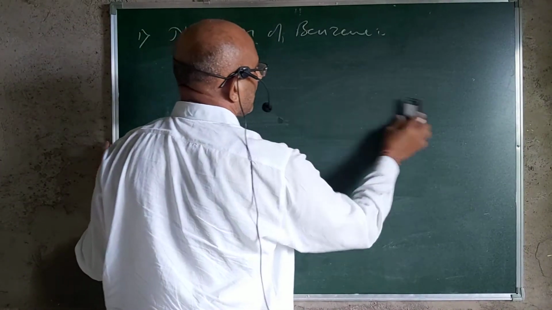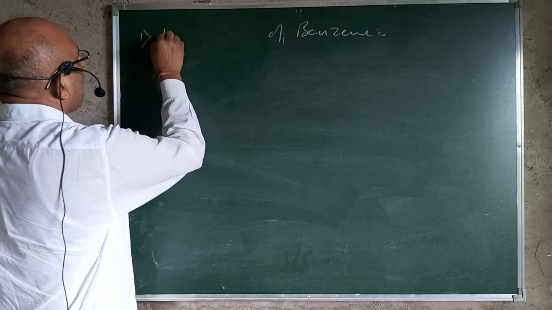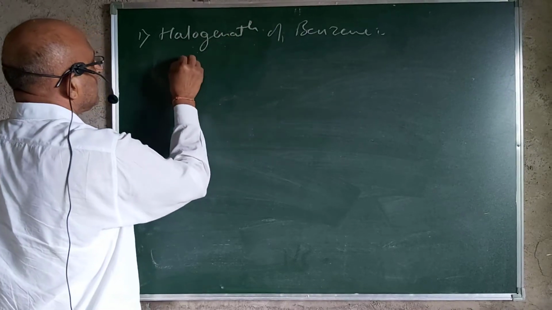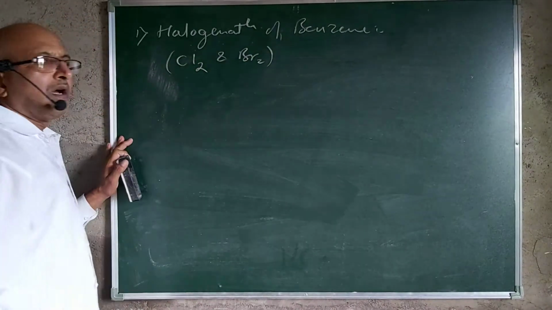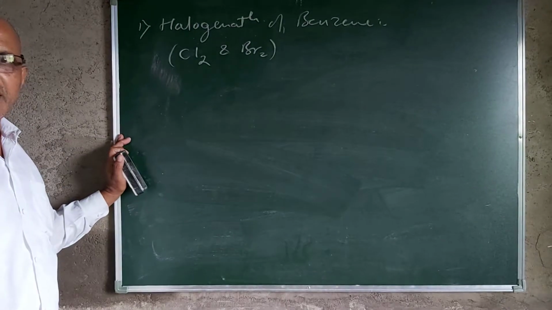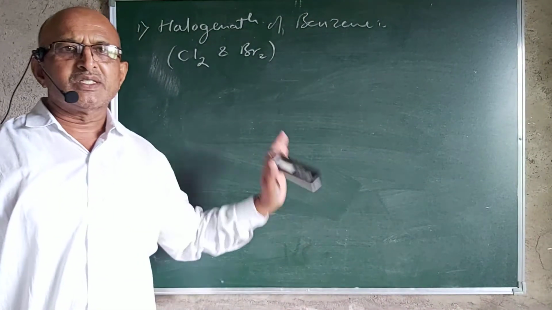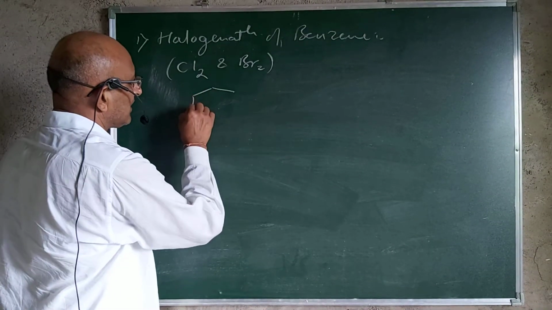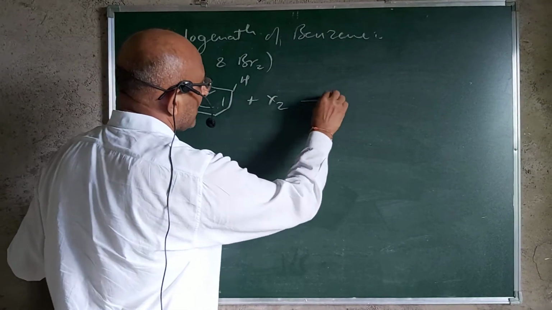the second reaction, that is the electrophilic substitution, is nothing but the halogenation of benzene. Here, chlorine and bromine are allowed to react with benzene, where again the hydrogen atom of the benzene is going to be substituted by either chlorine or bromine, means by halogen, and you are going to get the formation of the halobenzene as a product. And so here, in general, if we see the hydrogen atom and here X2, that is halogen.